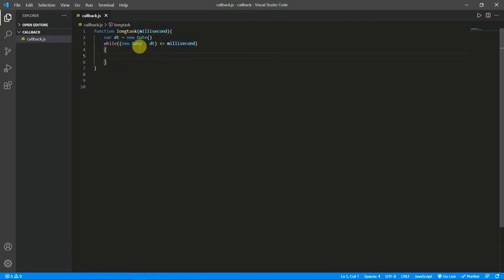So if we are giving a millisecond of 4000, after 4 seconds the while loop will end and it will come out of the function. So this is a manual 4 second task, with the millisecond I am giving deciding the amount of time. Now I'll console log